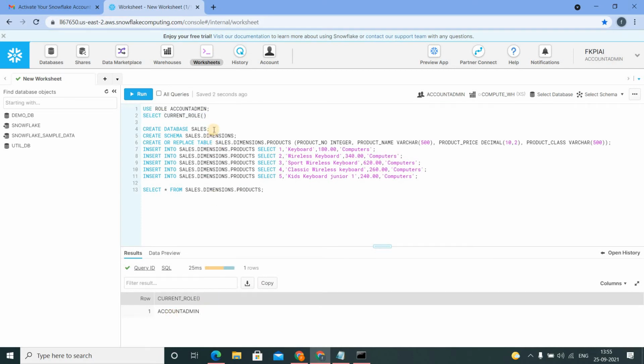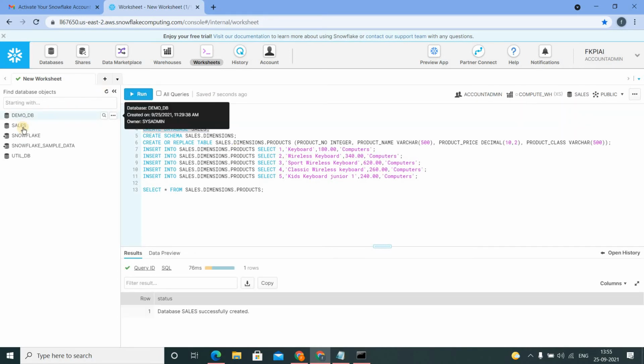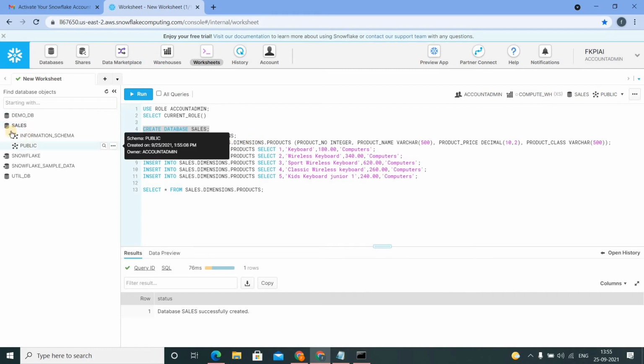Now let's create a database, sales. The database got created. When you are creating a database, you will get these two schemas by default. We'll talk more about these default schemas going forward. Currently don't worry about it.